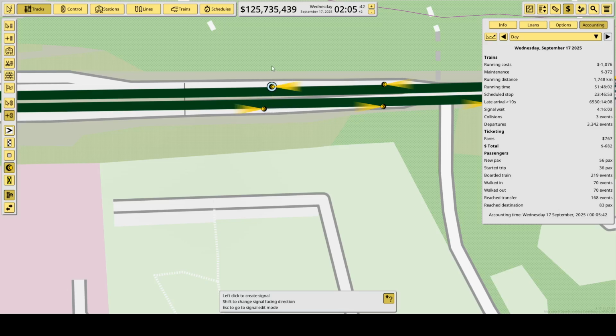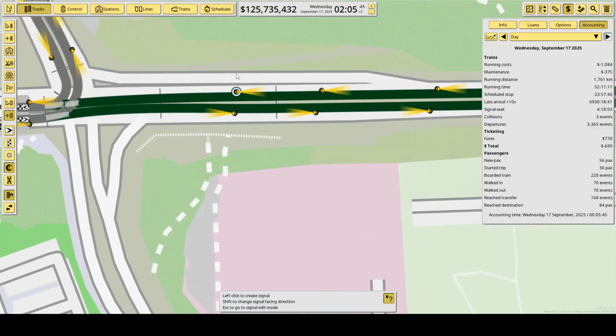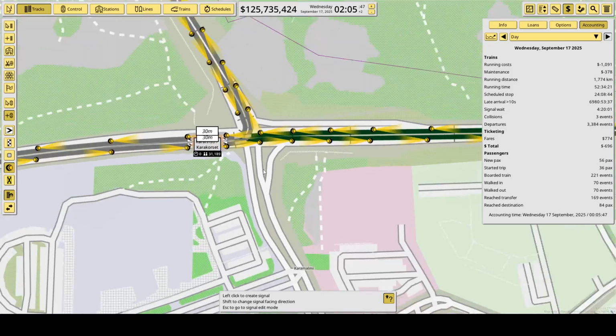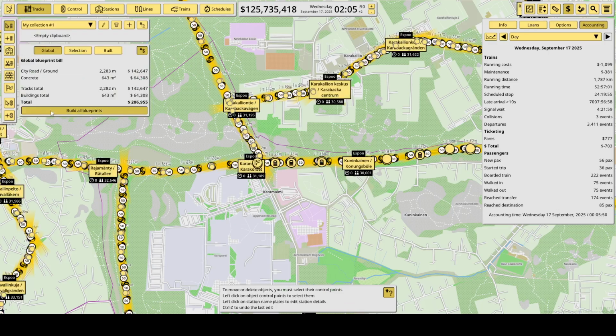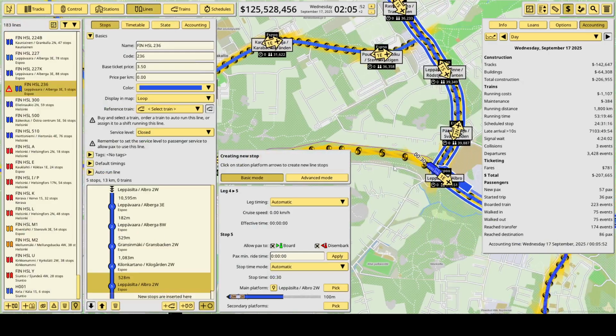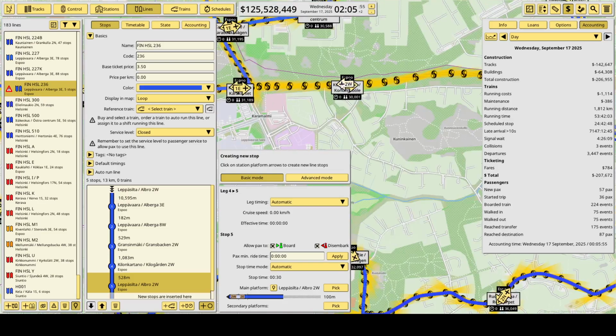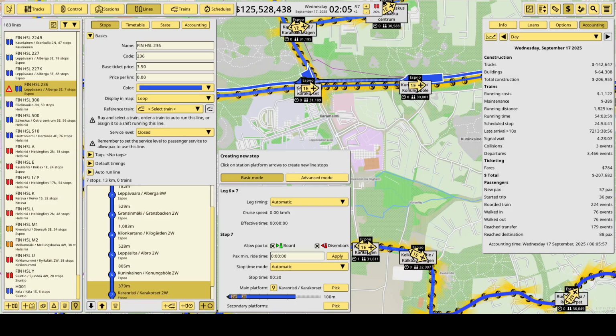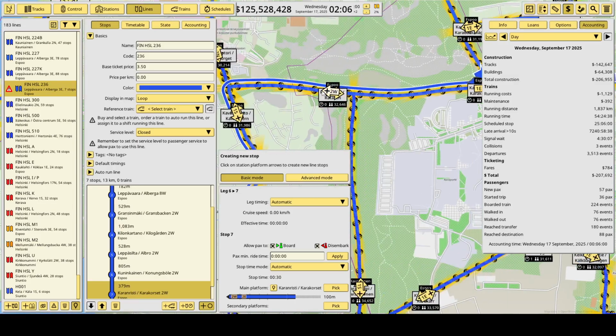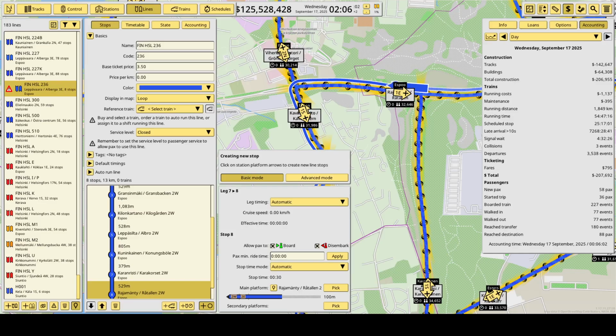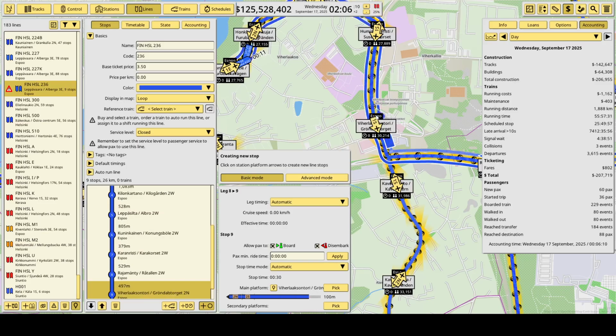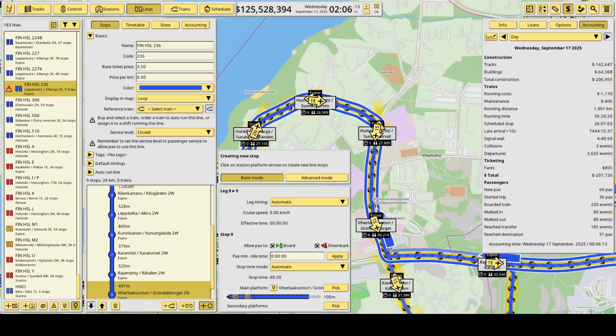Oops. So let's build the blueprints and let's get back to lines. So after Leppäsilta we will stop at Kuninkainen and at Karanristi and at Rajamänty. All good so far. After Rajamänty we will stop at Viherlaakson tori and obviously at Humisevan Risti. That's right, but from here on everything will be new.